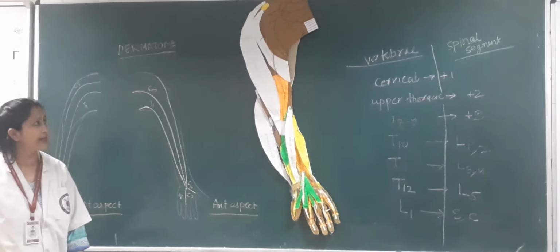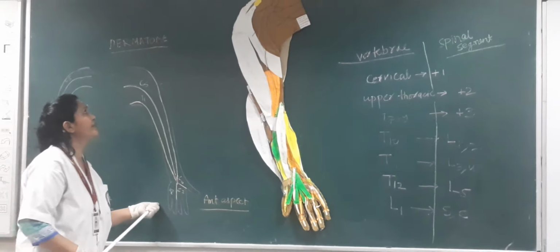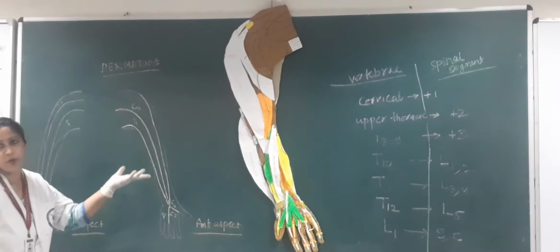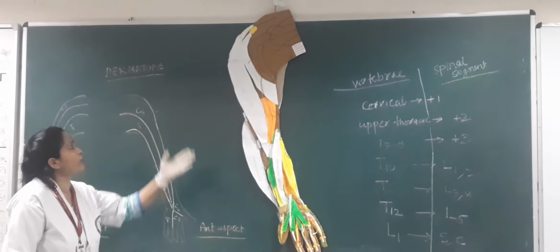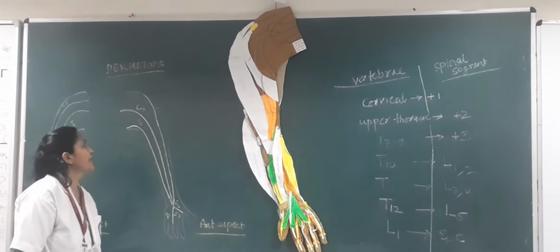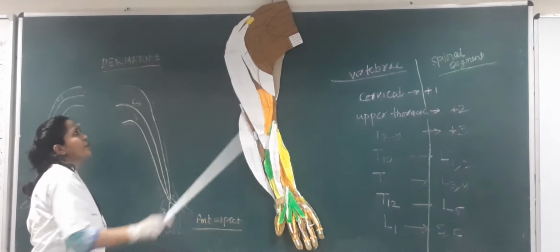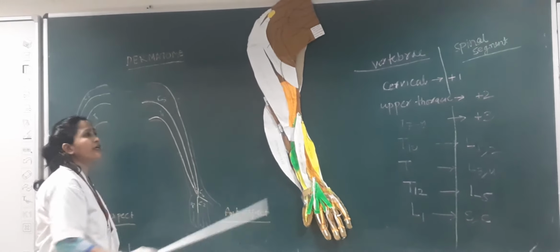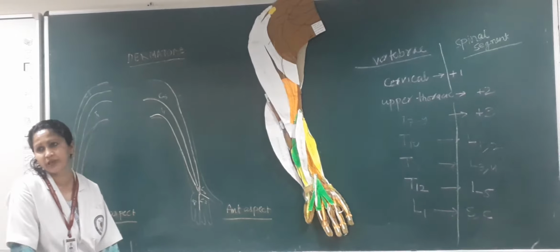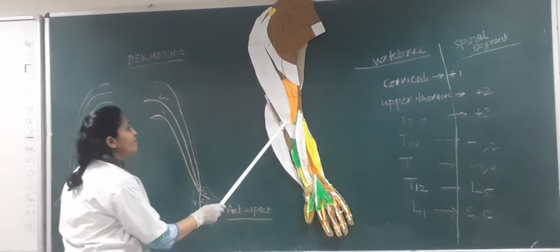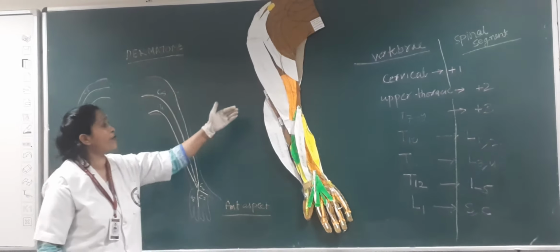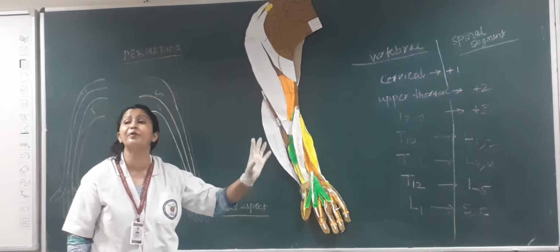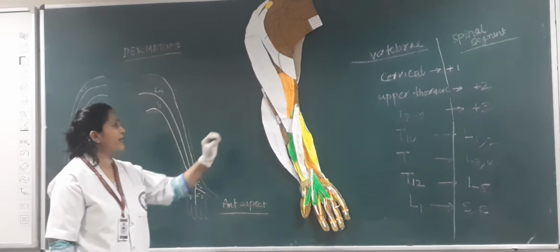Biceps brachii has two heads. The short head originates from the tip of the coracoid process as a common tendon with the coracobrachialis, and the long head from the supraglenoid tubercle of the glenoid cavity of the scapula. It inserts over the posterior aspect of the radial tuberosity as a biceps tendon. But some of its fibers get flattened to form the bicipital aponeurosis, which is very, very important,